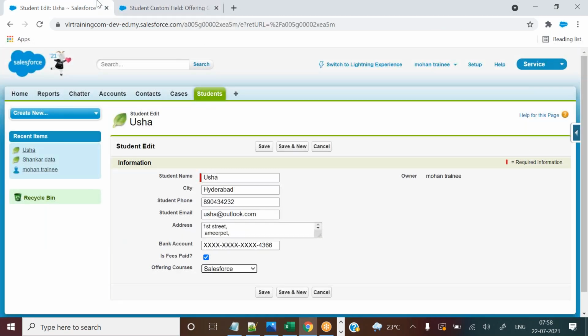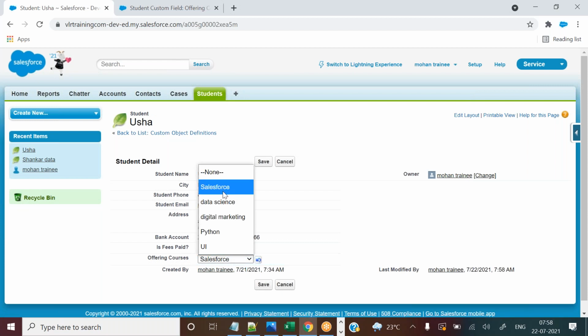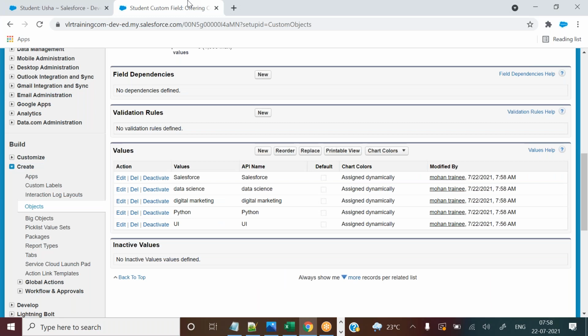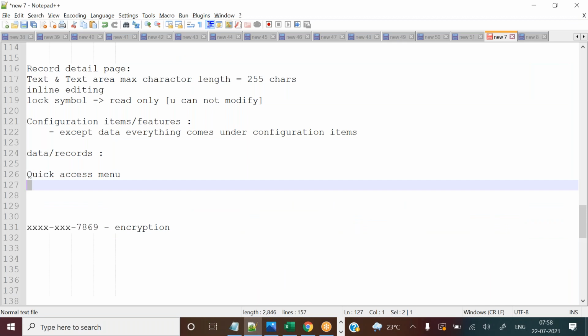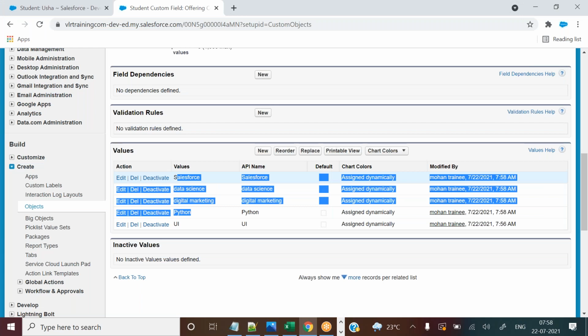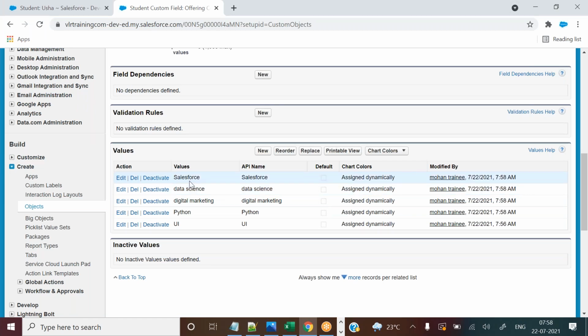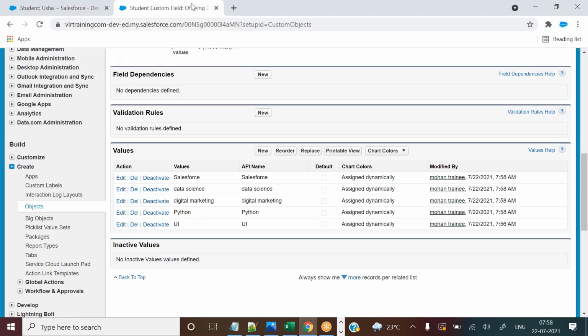Okay, next. So that means, now you can see, double click on it and you can see Salesforce will be at first place and the remaining will be whatever you have configured here. This is called configuration. Configure, see the spelling, guys. Config. Configured means changing the configuration items, admin related things. These features you are changing. Whatever you have configured here, that is reflecting on the data records. Okay, you need to observe the point.